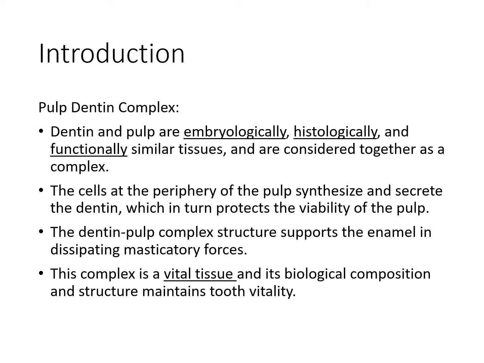To begin with, we must understand that pulp and dentine are both coming from the same embryological origin, and therefore they are commonly now referred to as pulp dentine complex because they cannot exist without each other. So the dentine gets its moisture, its nerval innervations from pulp, and the dentine protects the pulp in return. So these two histological entities are now considered as a single unit and referred to as pulp dentine complex.